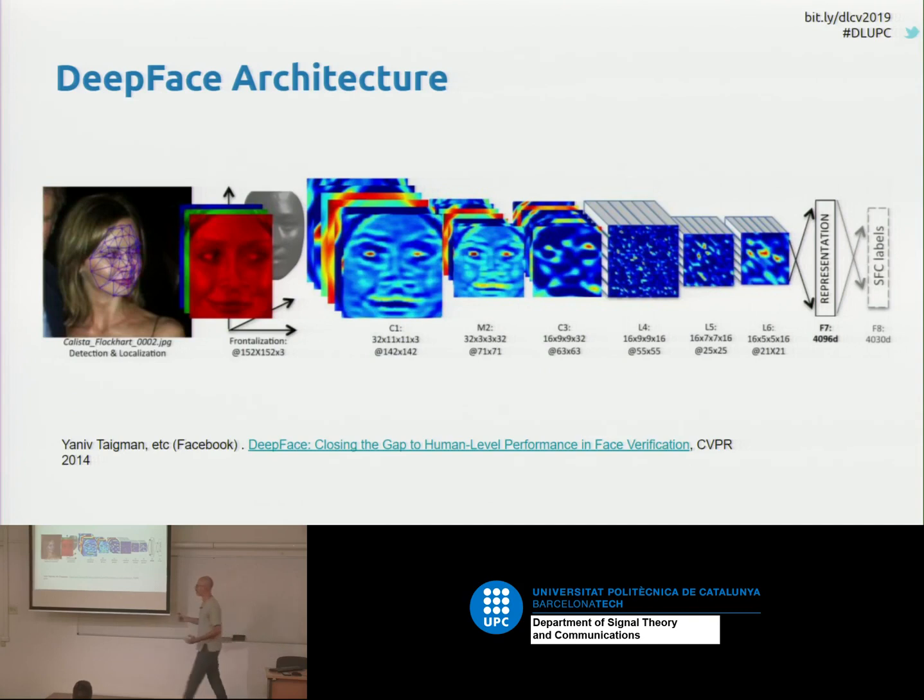Okay, in this work they try to frontalize the faces, that is, convert the faces to a frontal view, and align them using the eyes and the nose. Of course, this only works for high-resolution images, because in low-resolution images, finding facial features and aligning is quite complicated. Okay, and it's not always working.